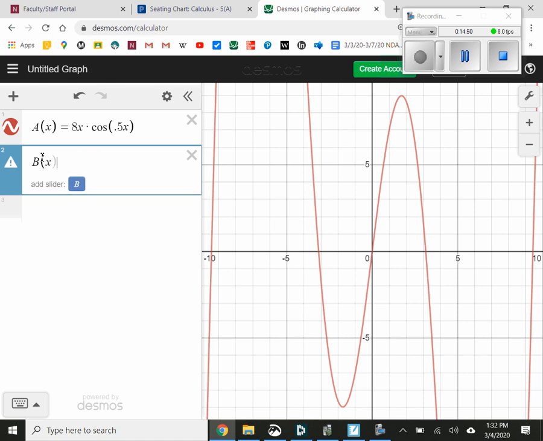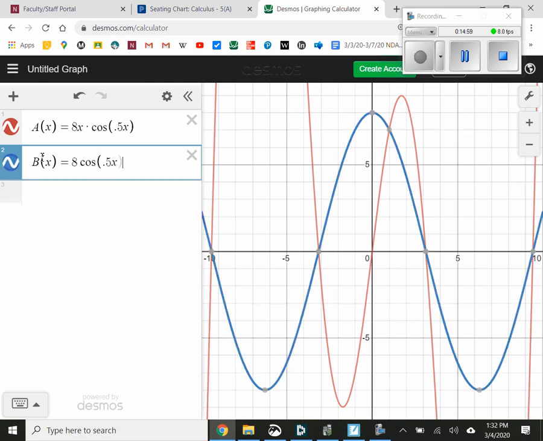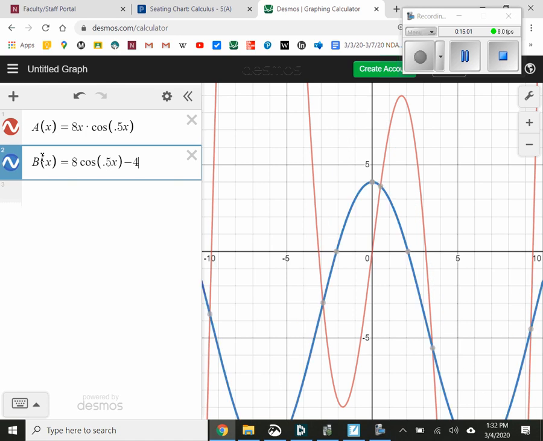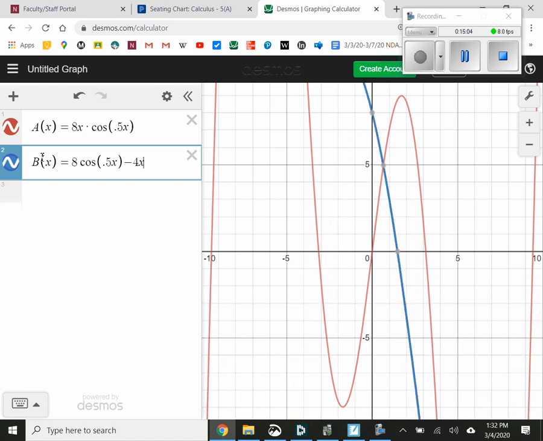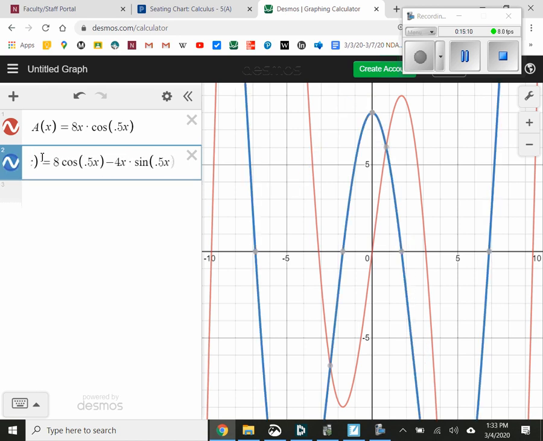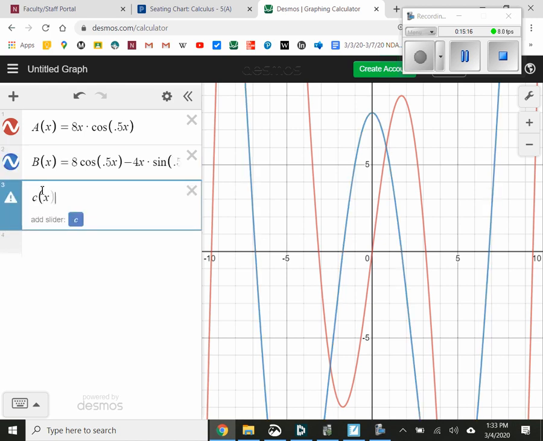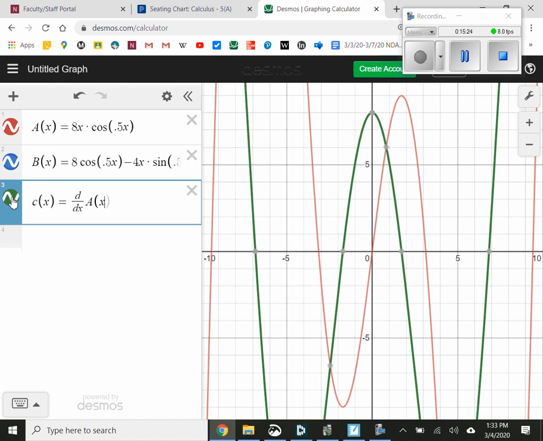What do I have for my derivative? 8 cosine 0.5x minus 4x sine 0.5x. Okay, so that's my derivative, and let's just go c of x equals d/dx a of x. And is it the same? Indeed it is. It's the same. Okay, so I got the derivative going along okay. Pretty good? All right. So